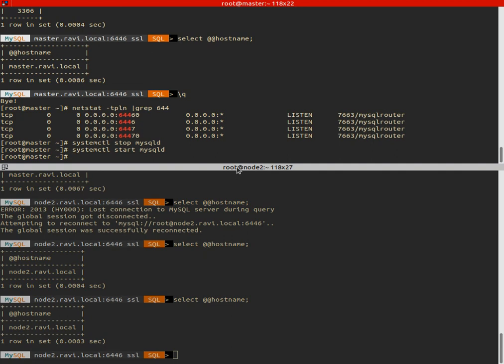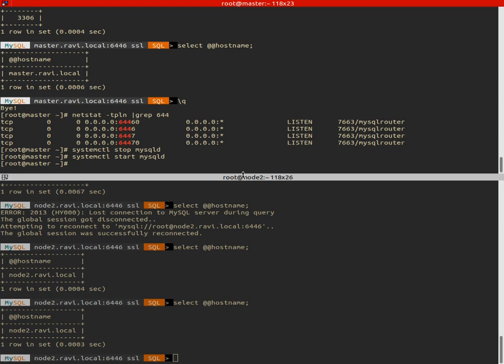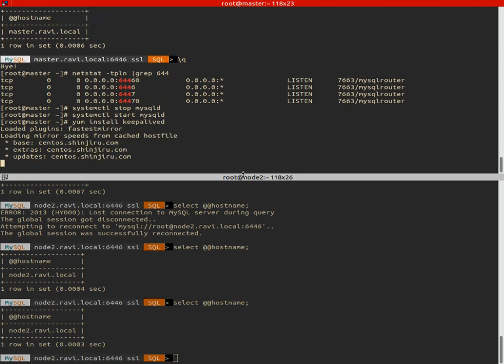So this was a very basic demonstration of setting up InnoDB cluster with mysql router. There is one more task that needs to be done. The calling application needs to be able to seamlessly connect to one of the available mysql routers, which means if a mysql router goes down, the other mysql router should take up. So I'm going to modify this presentation with setting up keepalived. Linux comes with this utility called keepalived. So I'm going to install this keepalived on both the nodes,